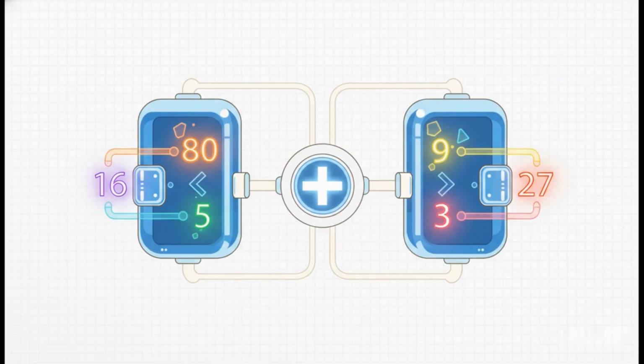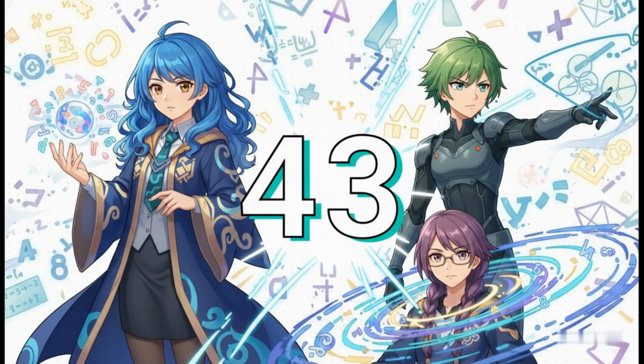Now we can do the division and multiplication. 80 divided by 5 is 16, and 9 times 3 is 27. And now all we have to do is add those two results together. And that gives us our final answer, 43. See? Even with 3 different variables thrown at us, the same set of rules led us straight to the one